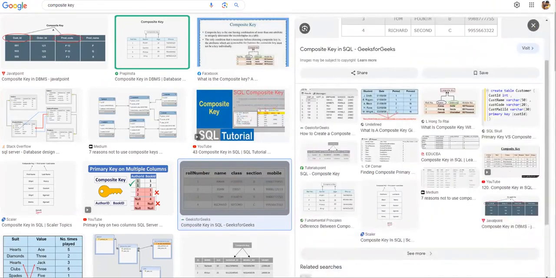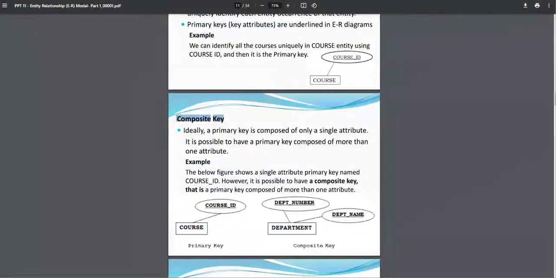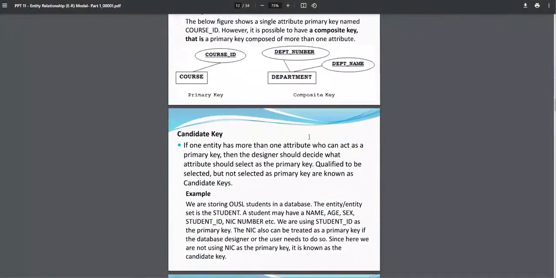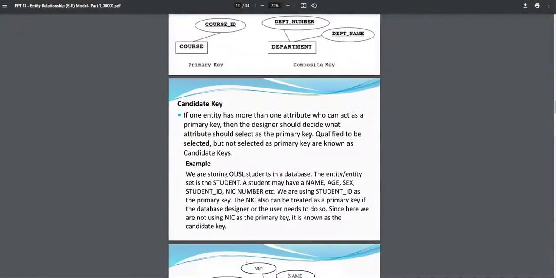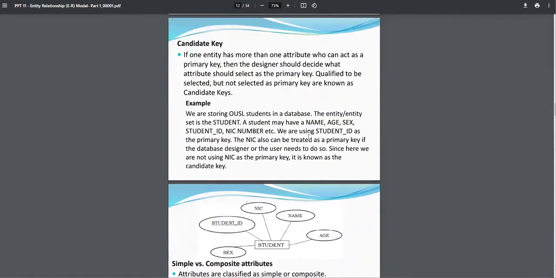So that is the definition. After that, candidate key, right? This is different, so you have to understand these terminologies very clearly. Candidate keys are like candidates for an election: there would be many candidates for one position. Got that? But at the end,